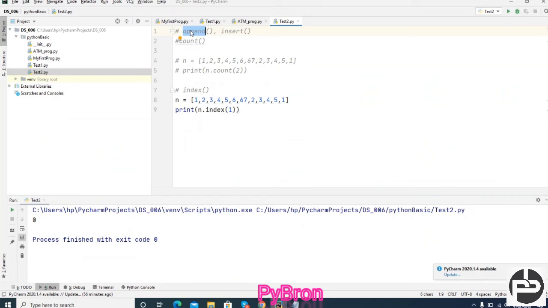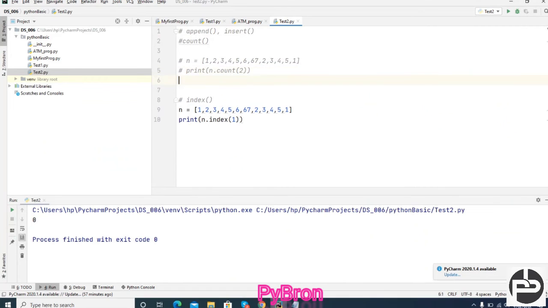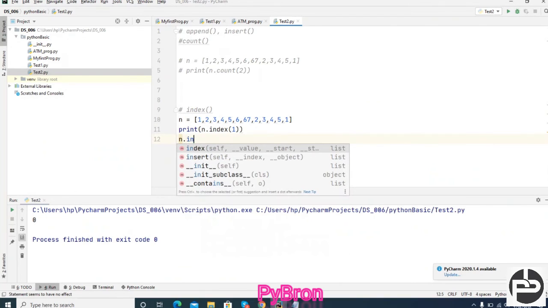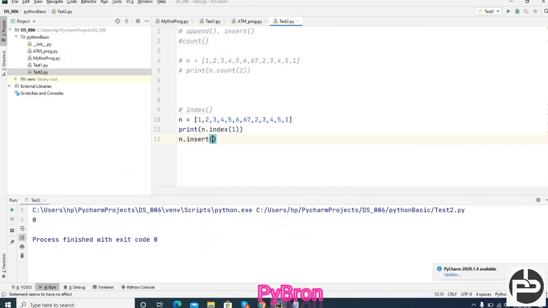No problem. See, if we are calling the append method, we are not passing the index. But if we are calling the insert method, let me show you. If you call n.insert, can you see the definition?